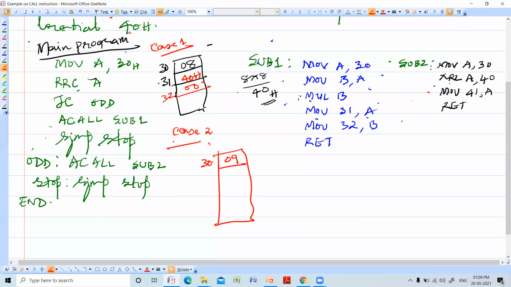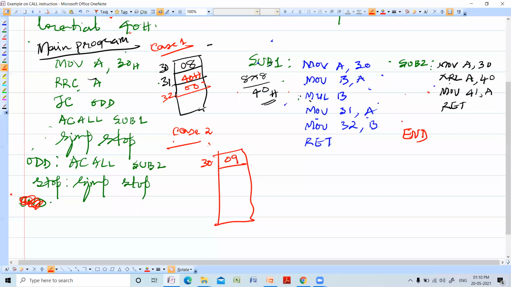So in sub 2, one very important point is this. Whenever you are typing, you should type the main program first, then you type sub 1, then you type sub 2. Here you should write END. Program end is the last. After typing two subroutines, you should type END. Understand it very clearly. It is the end of the complete program. So after subroutine 2, you should have END.